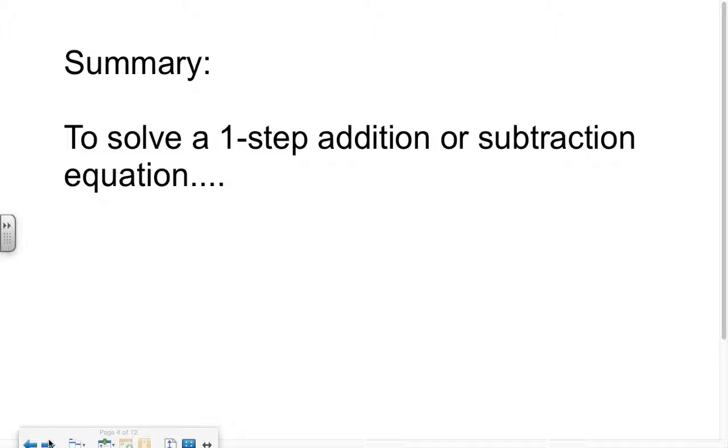Summary. To solve a one-step addition or subtraction equation,